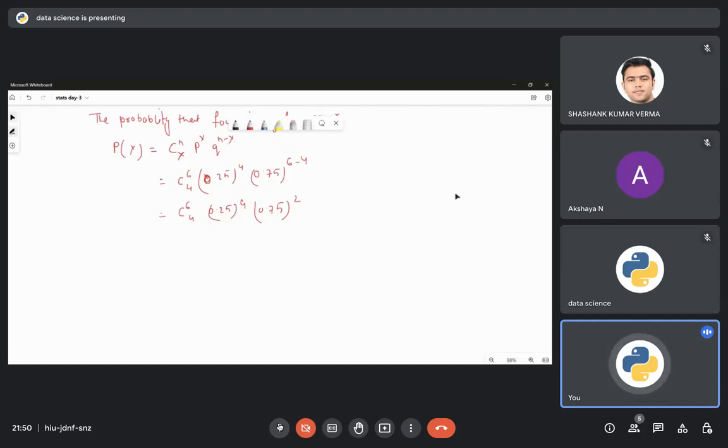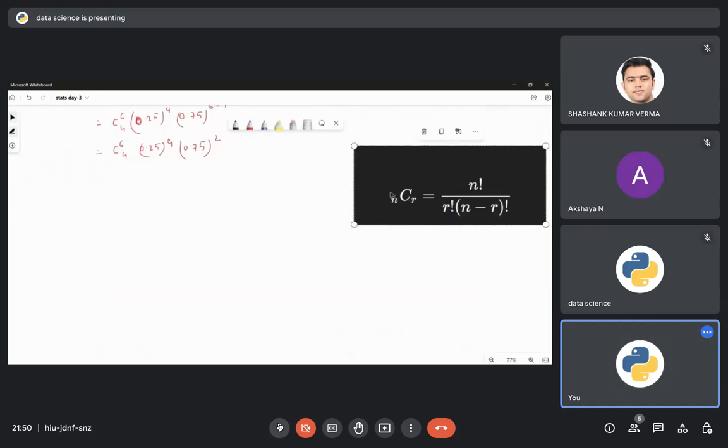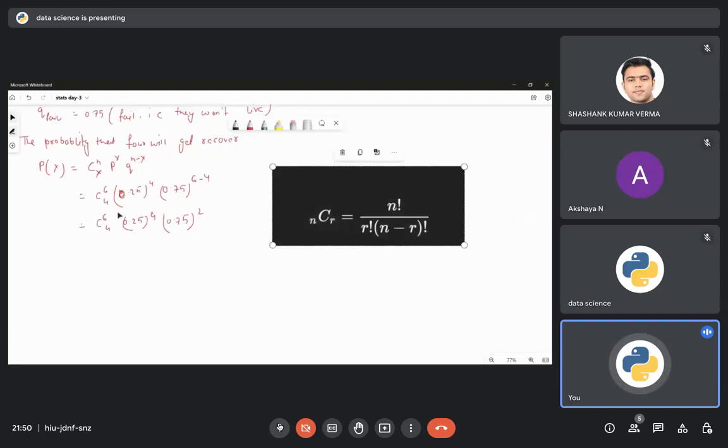So here I'm going to write the drawing for it. This is the formula. So here I wrote it like this. You can write it like this as well. So this is the formula to calculate. If I tell you to calculate